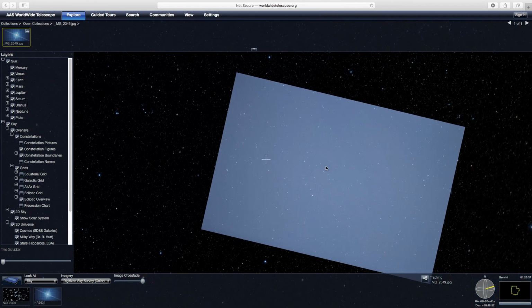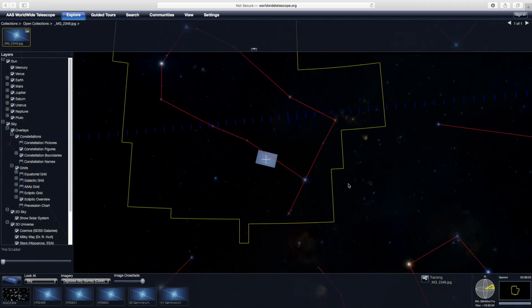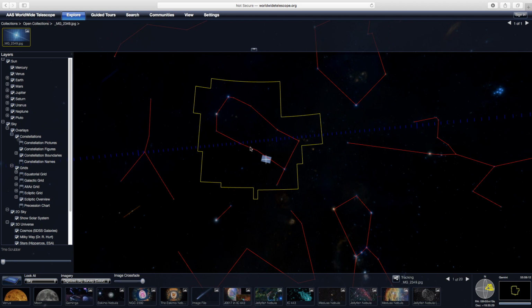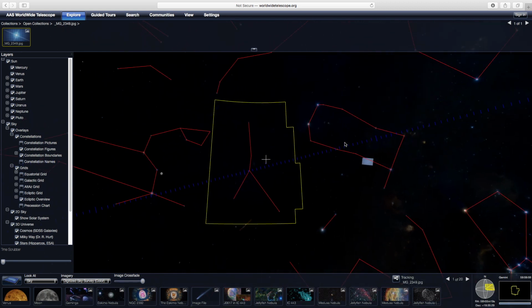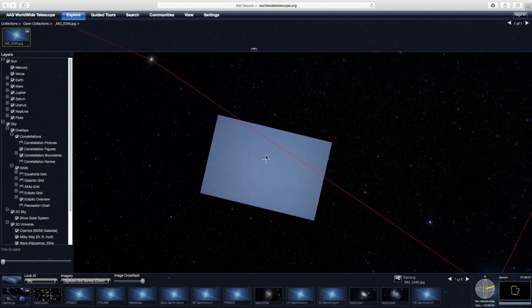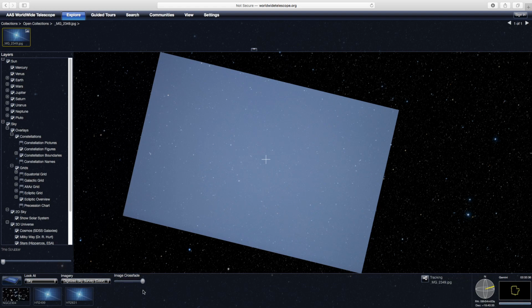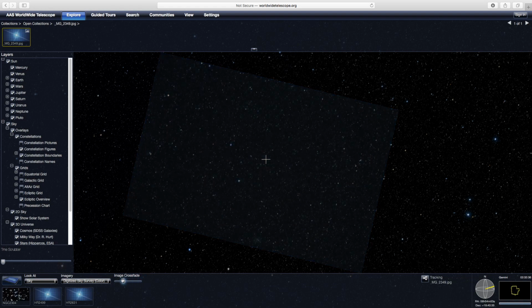As you can see, it's overlaid our image over the entire star map. This is Gemini, so we were right here, and this is basically where we photographed it. And as you can see here, if I go down here to the image crossfade, I can do that, and